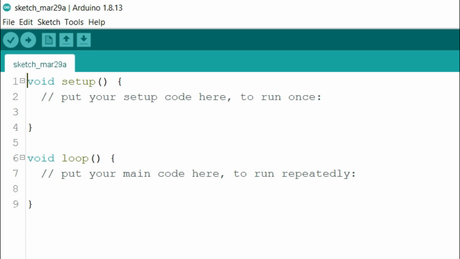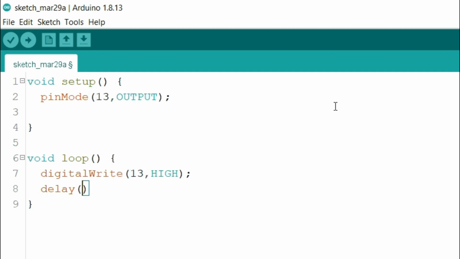Actually there are so many pins in Arduino. So in setup, we tell Arduino to use a particular pin for a particular sensor or output component. And in void loop, we keep the main coding part, means what we actually want to do from our hardware connected to Arduino. Now I will write a small code and explain it to you. So here is our code.